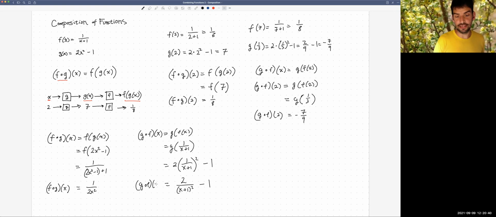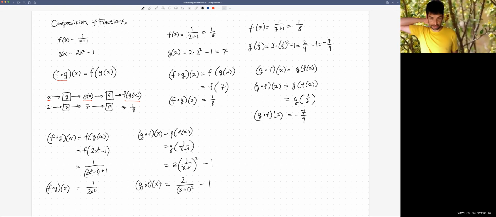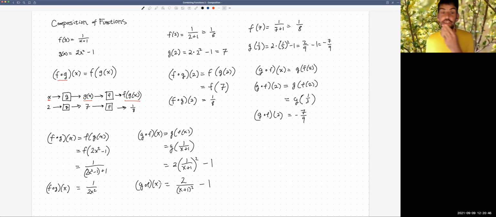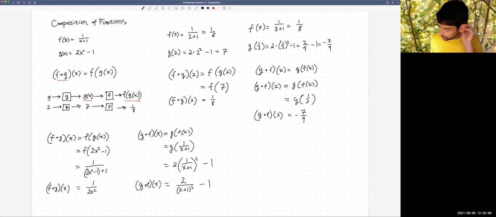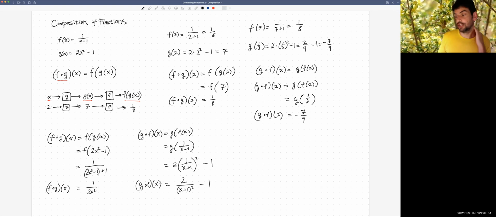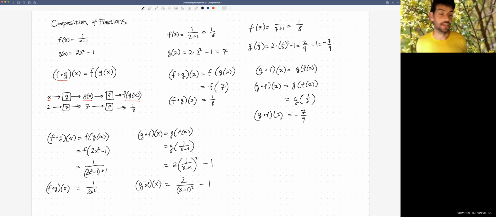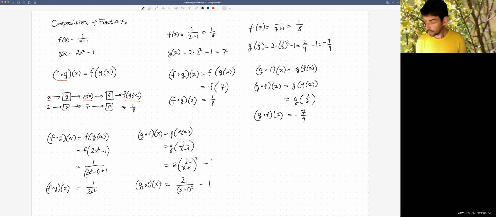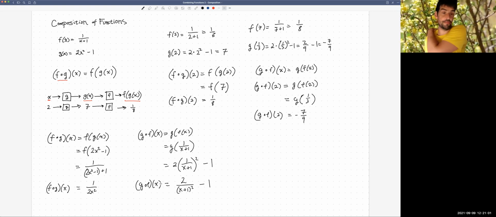All right, and again, we can see that these are not the same expression, right? These are 2 different functions here, as we expect. Reversing them changes the result, right? And this is not typical for us, right? Typically, we're used to things like multiplication where we can reverse the order. Another thing to note is about